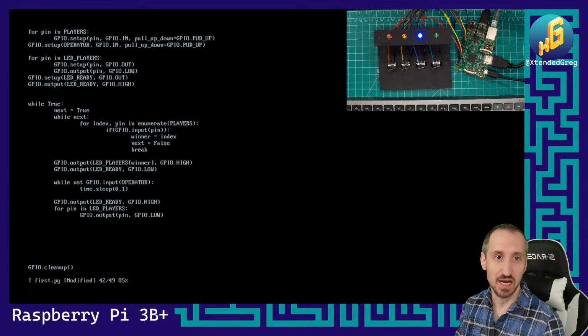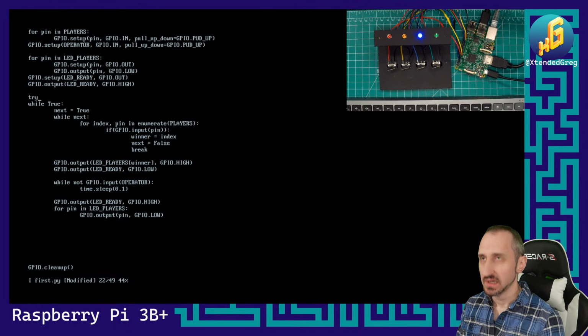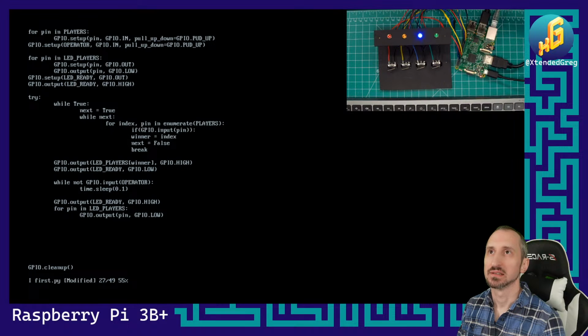So let's give this a shot. It should not exit every time we do it. We should actually have to go out. So what we could also do is put in a try and a catch so it cleans up. That way it doesn't give us those errors every time we re-enter it. And the way that we do that is we just do try, indent everything again,